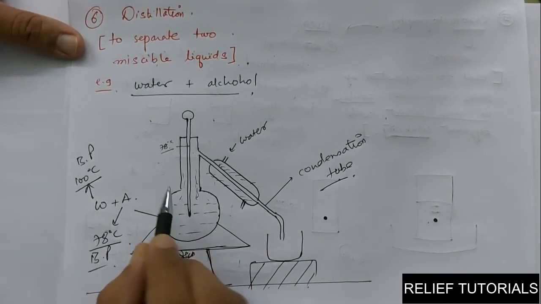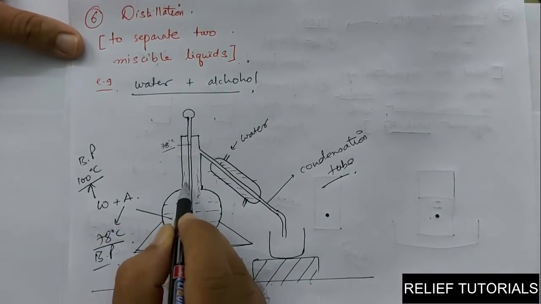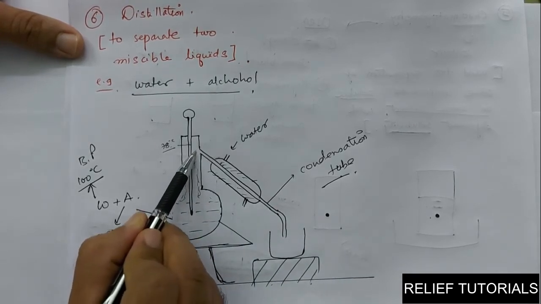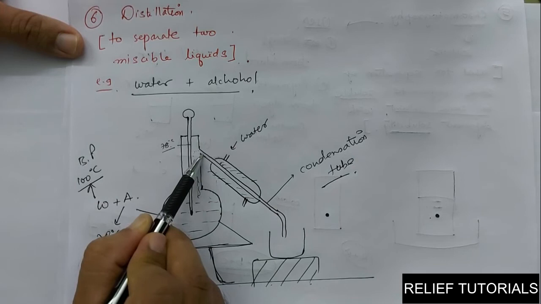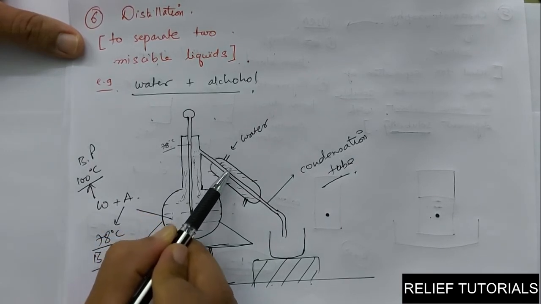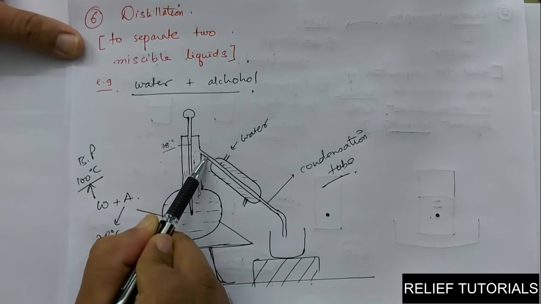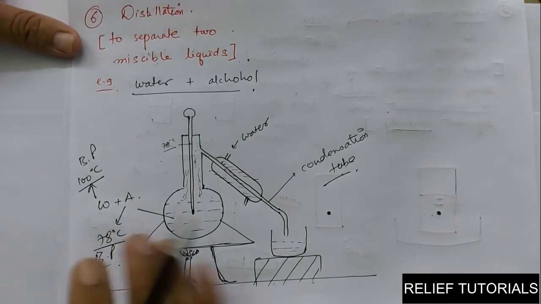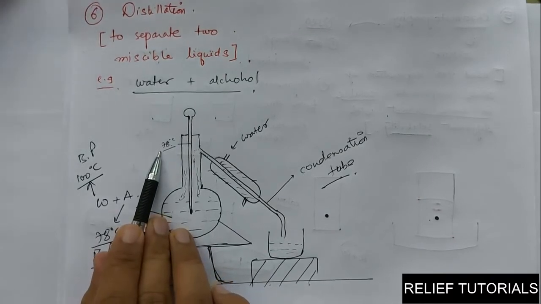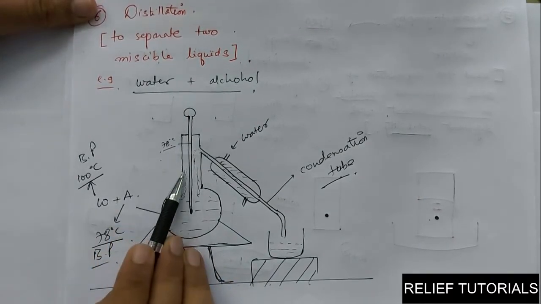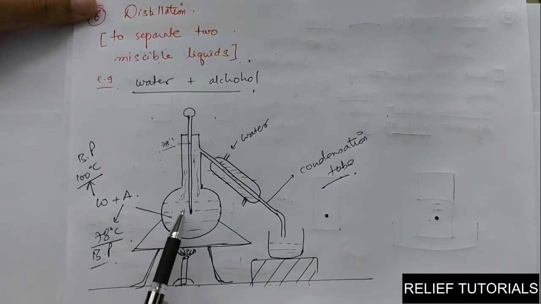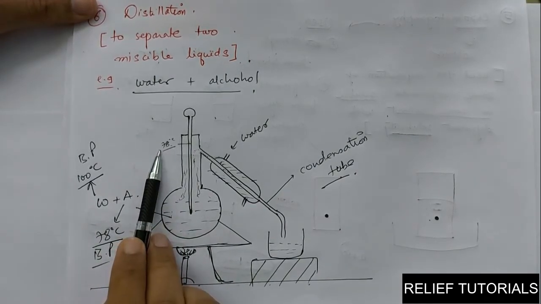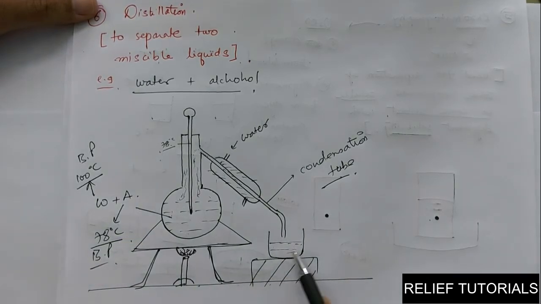Now this is the vapor. Let us say this is 78 degrees Celsius temperature. Alcohol vapors are forming here. That alcohol vapor enters the condensation tube, and because the temperature of this tube is lower due to the cool water flowing around it, the alcohol is condensed again and converted into liquid form, and can be collected here. Obviously at 78 degrees Celsius there will be no vapor of water here. So whatever vapor is coming out at 78 degrees Celsius will be the vapor of alcohol. This way it can be collected in the beaker.